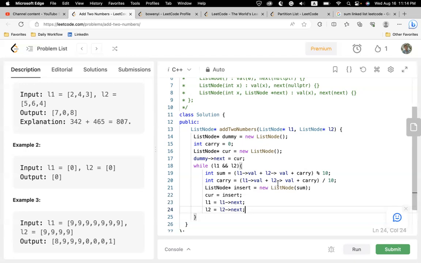Okay, hold on. I think no, it's not cur is insert. Instead, we add one dummy node, and we create a new node to insert, right? Then we need to do